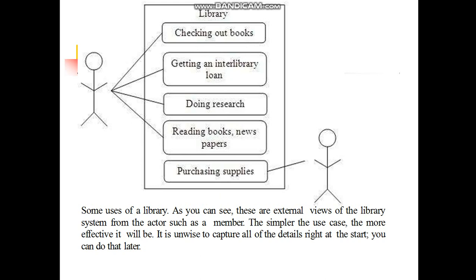This is a basic example of a use case diagram. This diagram consists of some actors. There are two types of actors. First one is a primary actor and second is a secondary actor. This library domain is called the library management system. This rectangular box is called the system boundary, and the linking between these actors and the use cases is handled with the help of a structural relationship called association.